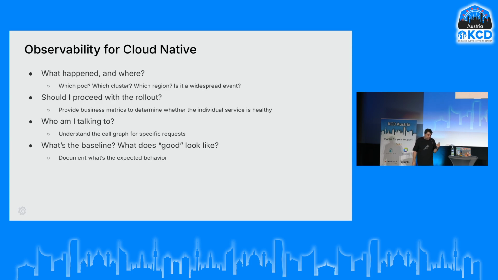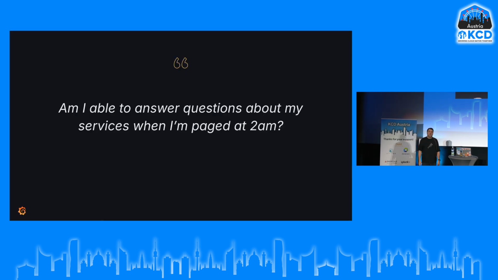But I guess what I'm mostly interested in at 2 a.m., when I'm under-caffeinated, I go to my machine and I open the dashboard there and I see some spikes in the graph. I don't know about you, but what I think at first is, what is normal? Is that normal? Is that what I should be looking at? What is the baseline? And documenting the baseline is part of observability as well. So observability is not only the telemetry that we create, that we put in our systems, but also helping us at 2 a.m. to determine what is happening.